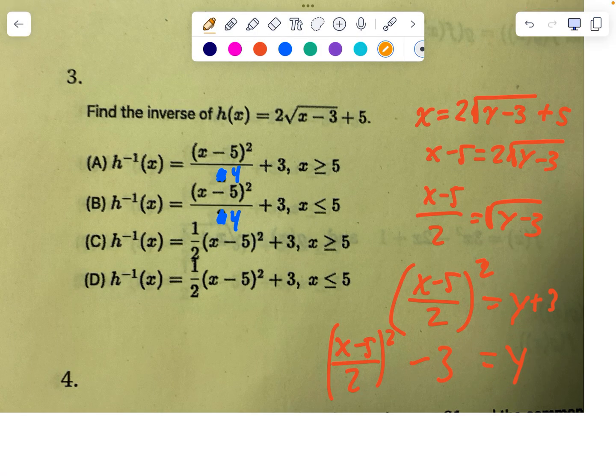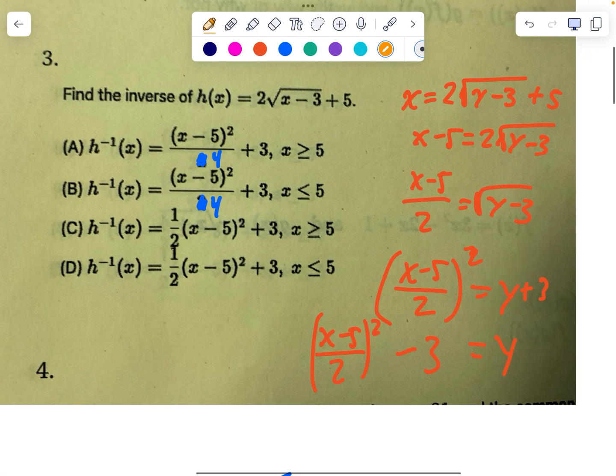All right, ready? Cool. So here's the process for finding the inverse. And I hope that's not too bad. That should all be relatively straightforward. Switch the x and the y, get the y by itself. The one weird thing is,